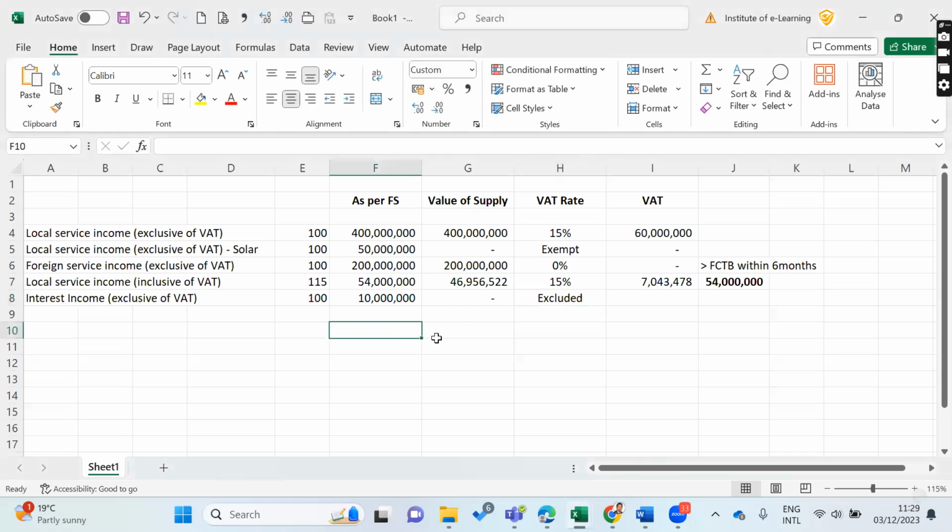Right. Anyway, we'll continue. So we were discussing interest income. Since it is excluded, we have to do nothing here. You need to show your knowledge that, as mentioned, it is excluded, right? No need to consider it for that purpose.